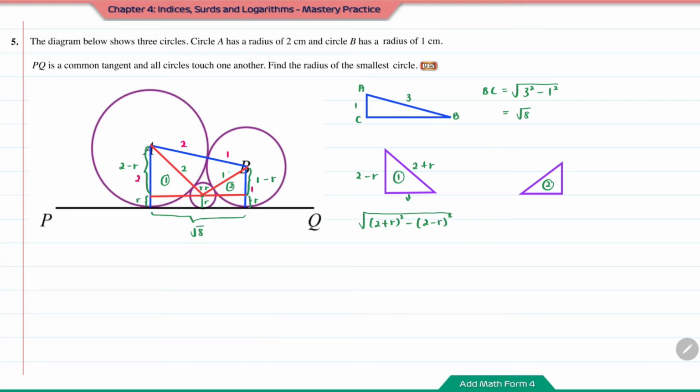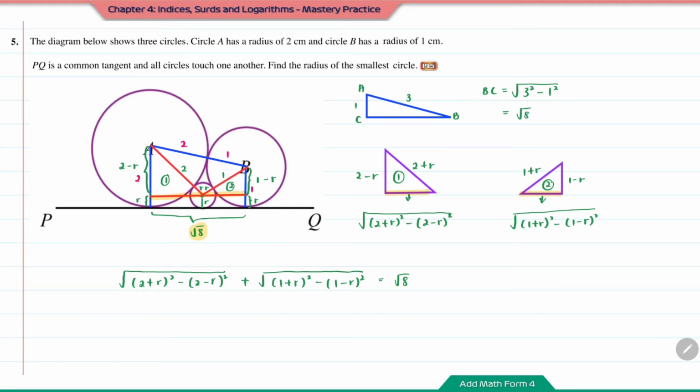And as for right angle triangle number 2, the hypotenuse is going to be 1 plus r and the side here is going to be 1 minus r. So the length of this side is going to be the square root of the hypotenuse, which is (1 plus r) squared, minus (1 minus r) squared. Now, when you sum up these two lengths, we know that it is equal to the square root of 8. Therefore, we can write this as,